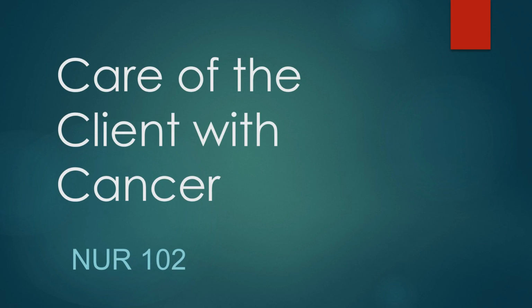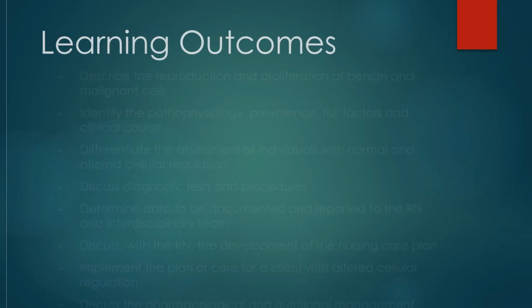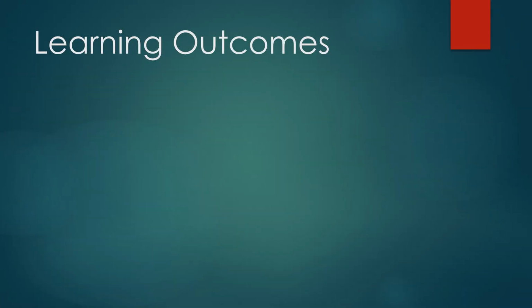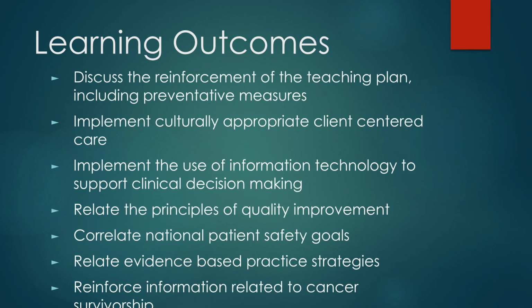Welcome to this video on the care of the client with cancer. Our learning outcomes include describing the reproduction and proliferation of benign and malignant cells. We will also discuss the assessment, diagnostic procedures, and development of the nursing care plan. Additional learning outcomes involve discussing reinforcement of the teaching plan, implementing culturally appropriate care, and relating principles of quality improvement